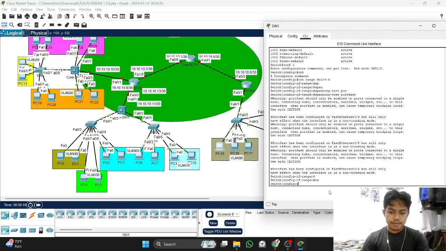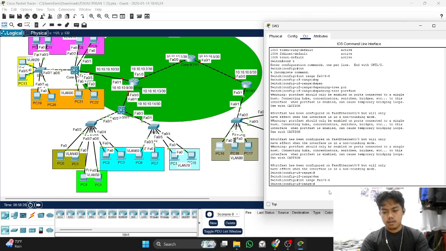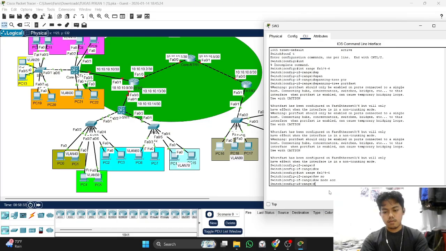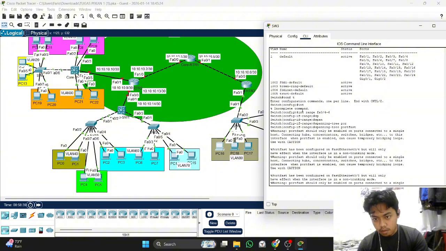First, for VLAN 19, create the range until 6. Oh, I almost forgot.